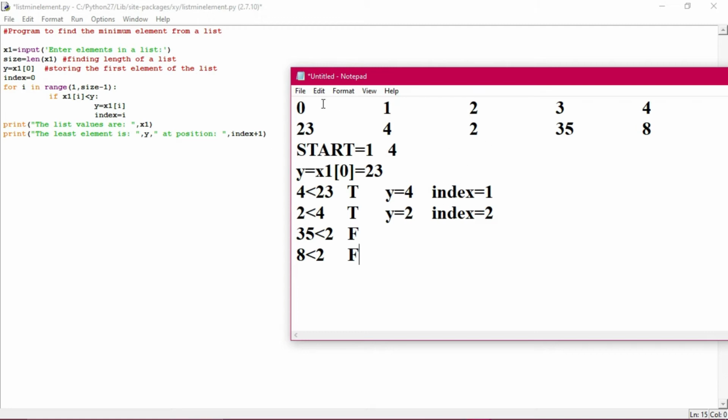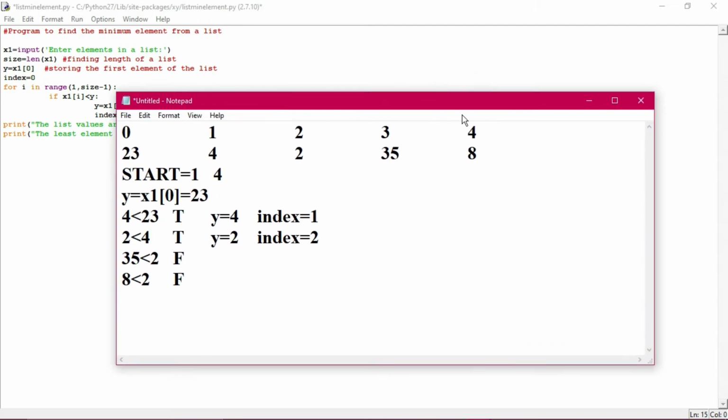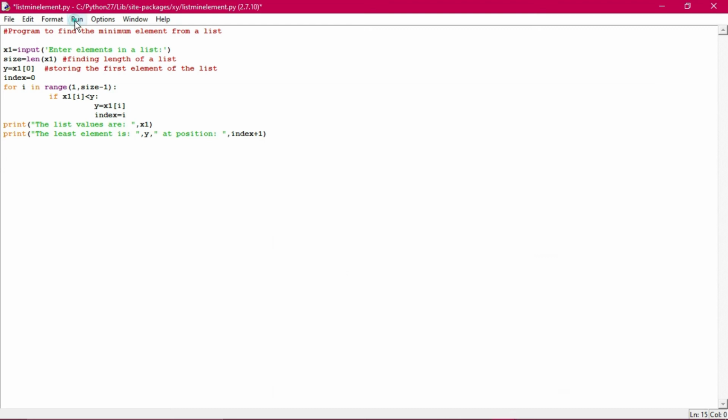So if the user sees that the value is appearing at 2, at index 2, suppose if I'm giving just the index, it will print as 2 only. So the user might think that maybe there is some problem in the program. That's why plus 1 has been given in order to count from 1, 2 and 3. So if the 2 has been found, it will be given over here as index plus 1. I will show you the execution, then you will understand this point. Let's execute the program once.